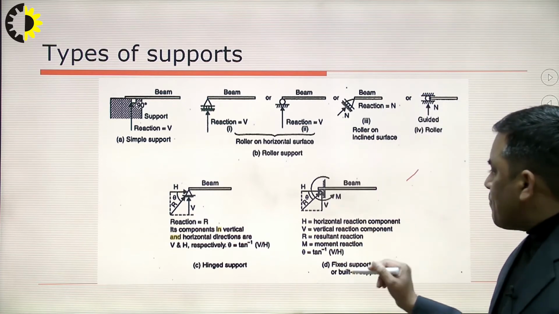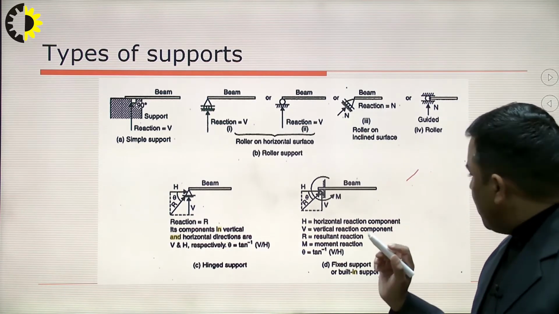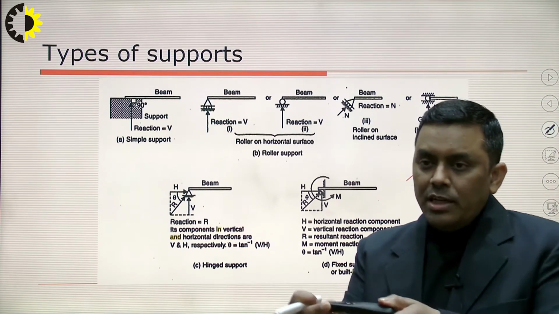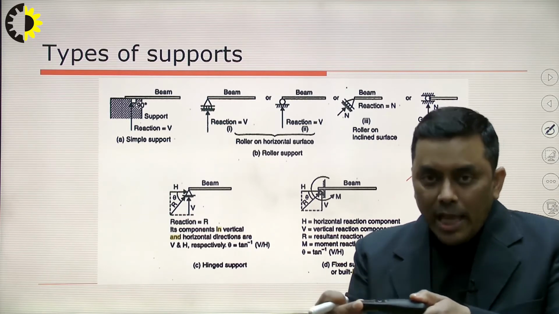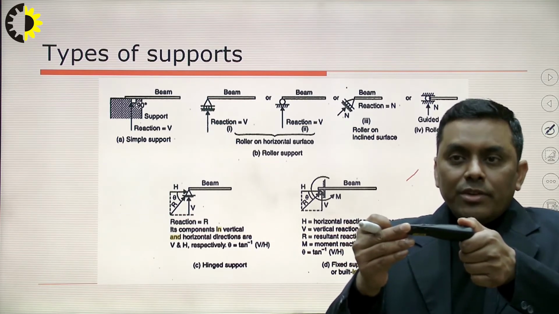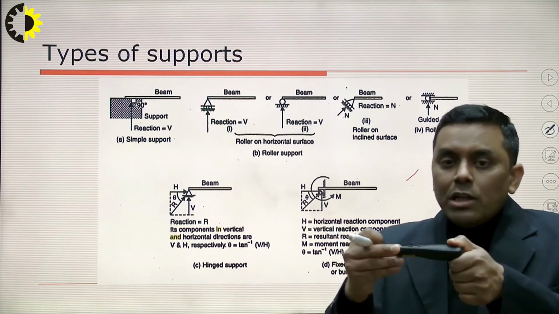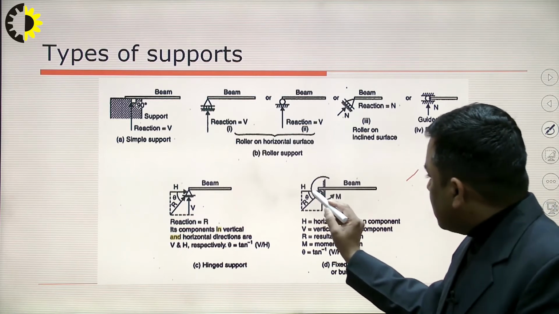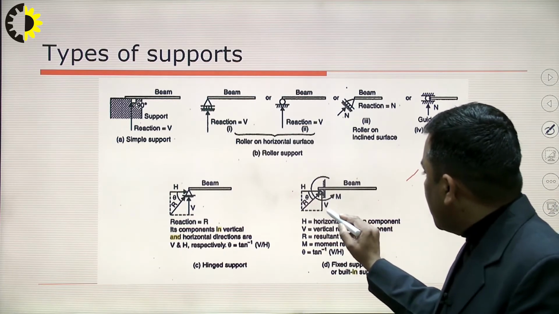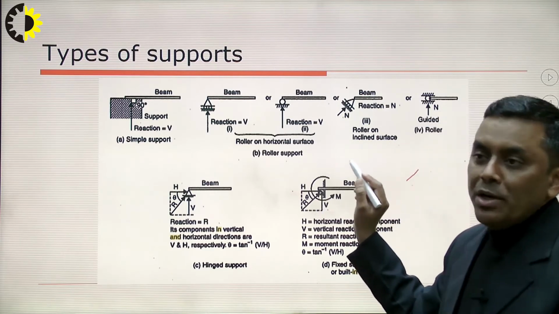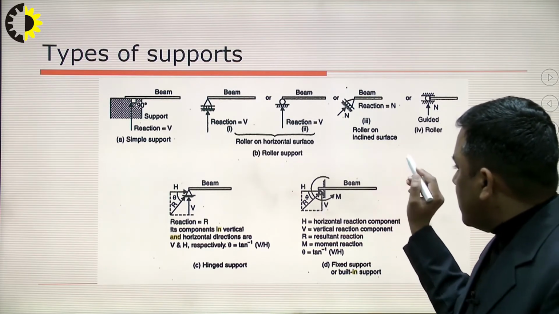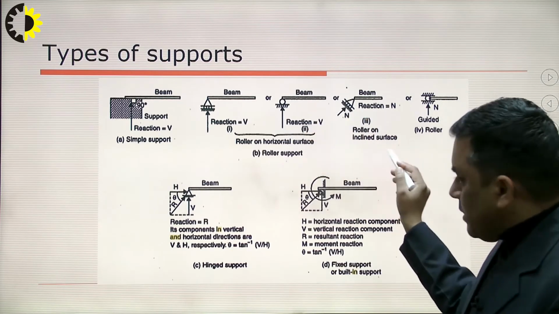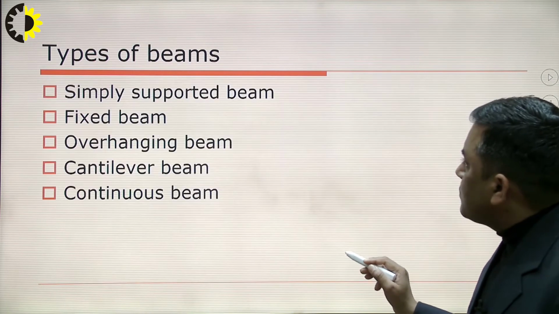But when we come to the built-in support or fixed support, what are we observing? We are observing that this is fixed. So, translation in both directions, horizontal as well as vertical, is restricted, and the rotation is also restricted. Because of these three constraints, there are three reactions: one horizontal, another vertical, and the reactive moment also. Okay. So, these are the restrictions. These are the different types of support. Generally in questions these are represented in this particular manner.